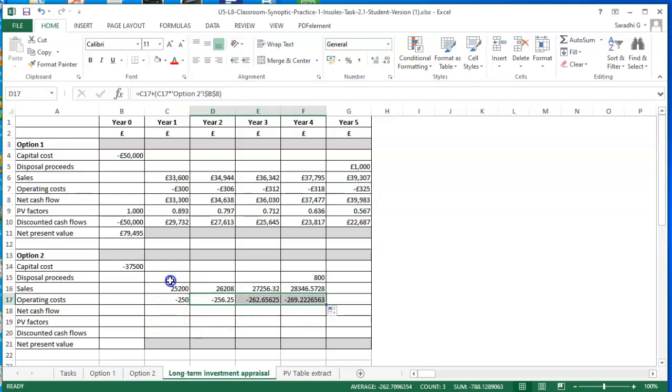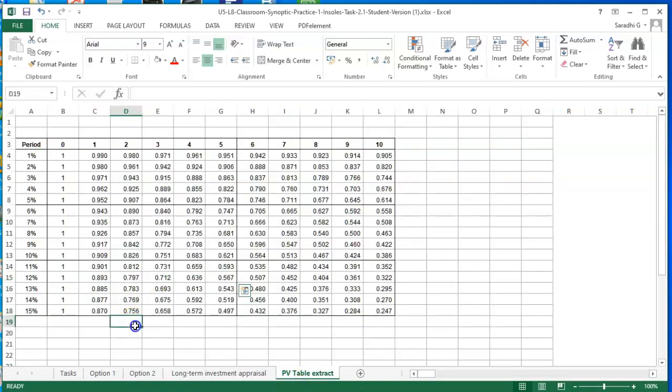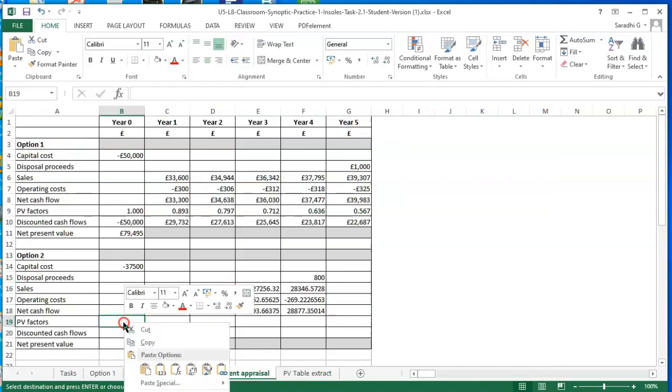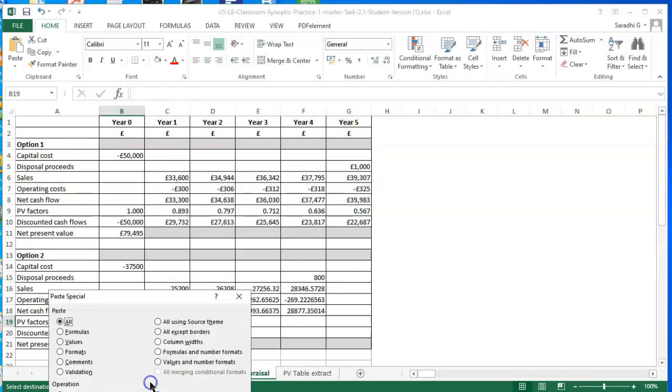Get the net cash flow, which is a sum of all of these three, auto sum, and then do that for all the remaining calculations. Copy paste your PV factors again, still 12%, but this time you only need for up to 4 years. Control C, paste values,